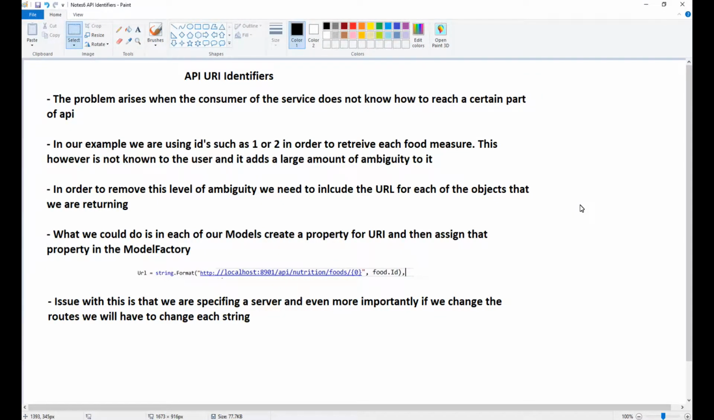Okay, so a very important concept that needs to be taken care of and discussed in developing the web API is the problem that arises when the consumer of the service doesn't know how to reach a certain part of the API. Since there's no UDDI in web services, where you can see, okay, this does that, this is kind of ambiguous